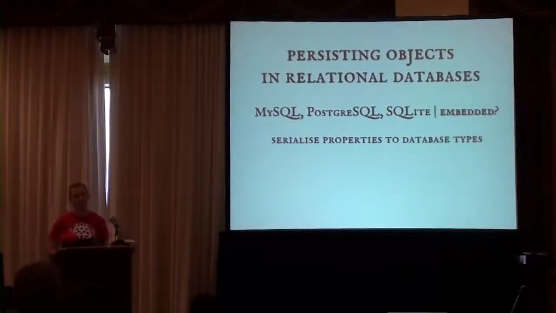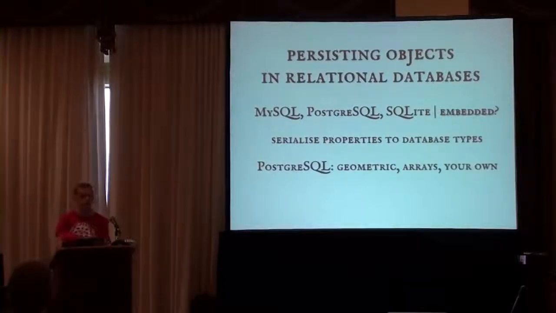Strings, numbers, integers, floats are easy. It becomes a bit harder when you have geographic locations. But there are relational databases like PostgreSQL, which does have geometric types. It has points. You can say, find me all the contacts that are in the vicinity of this given point. And if you store the points as a point type rather than floats, for example, PostgreSQL can do the work for you.